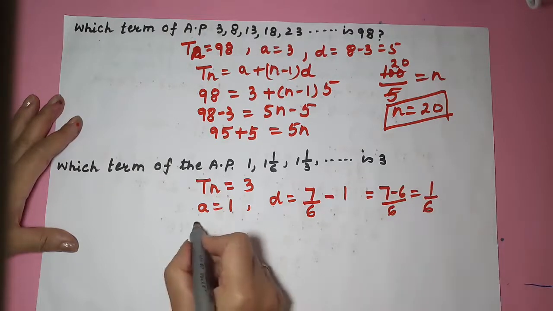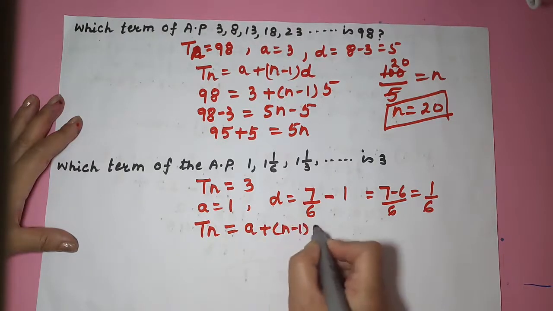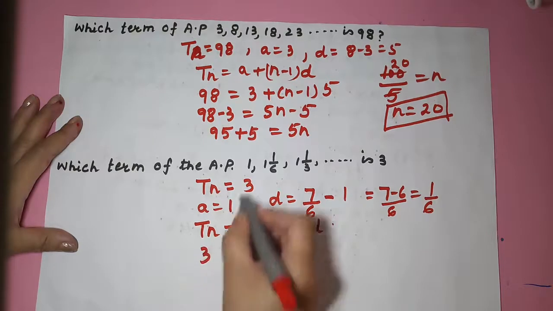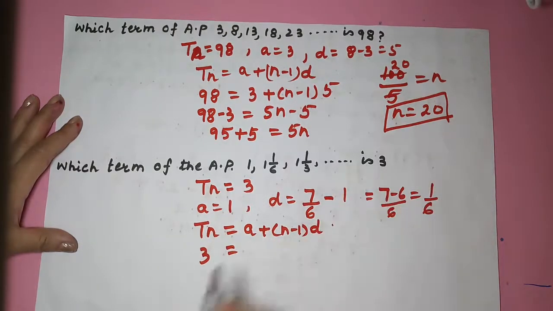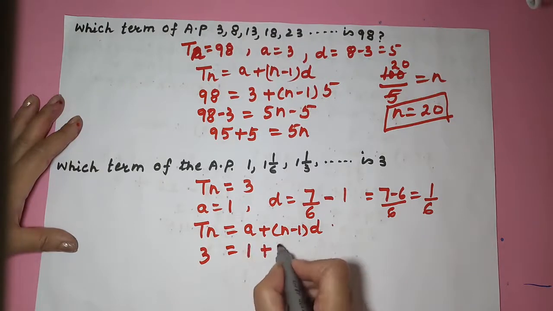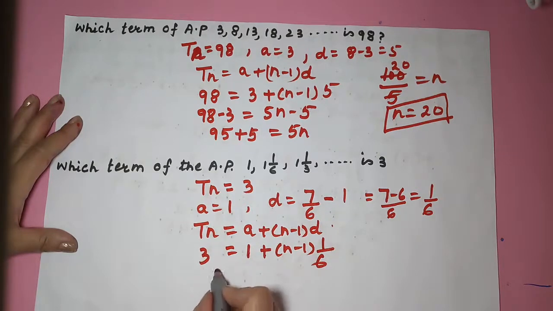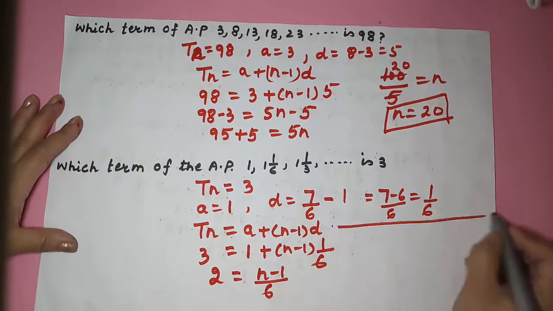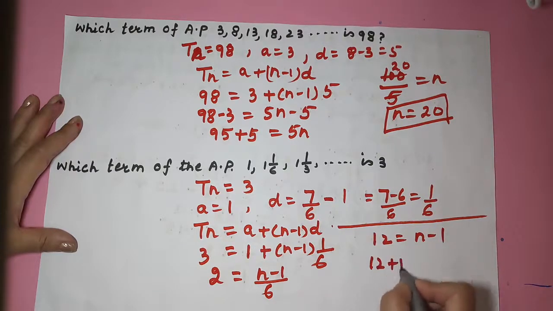This is my D. So I will write the general term, which is A plus n minus 1 into D. So the last term is 3, and I have to calculate which term is 3. So A is 1, plus n I don't have, and D is 1 by 6. So if I shift this to this side, this will become 2, and then I have n minus 1 upon 6. So cross multiply, what will I get? 12 is equal to n minus 1. So 12 plus 1 is equal to n. So I got 13 is equal to